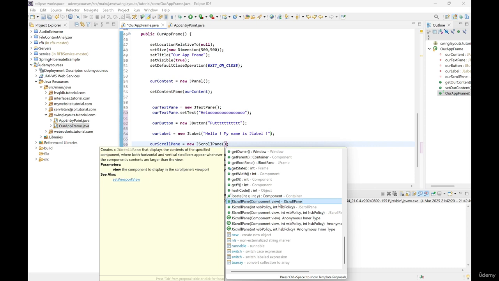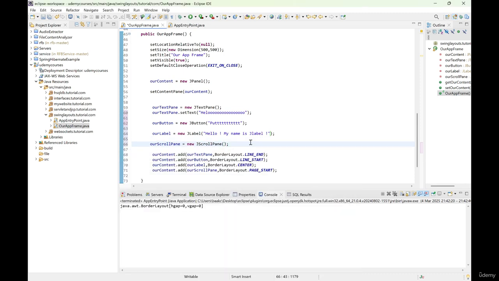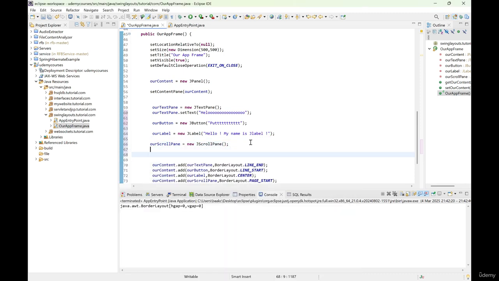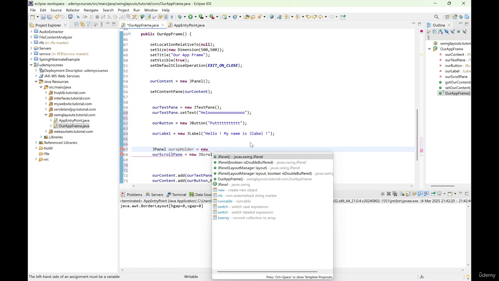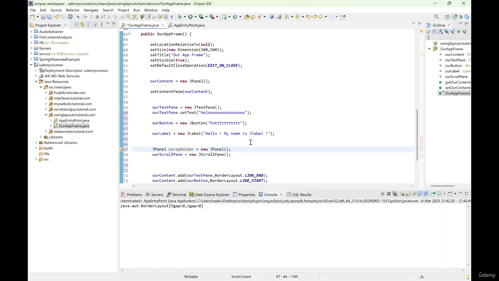So for our scroll pane, let's create a JPanel, our scroll pane folder, new JPanel,